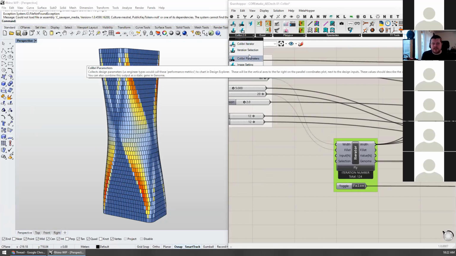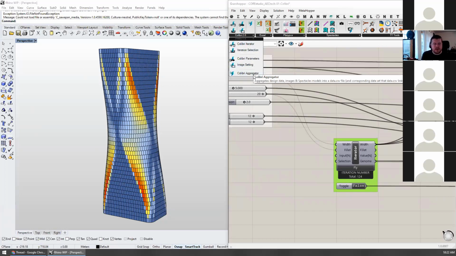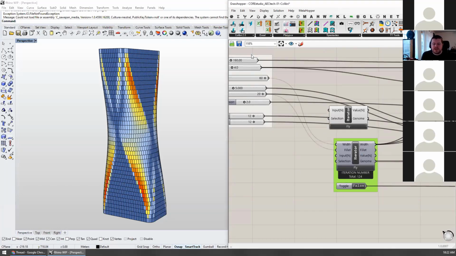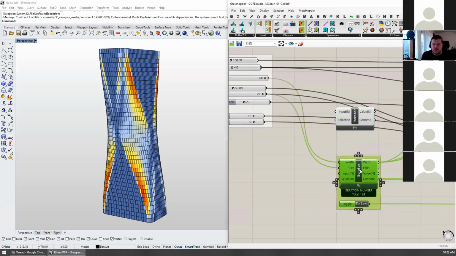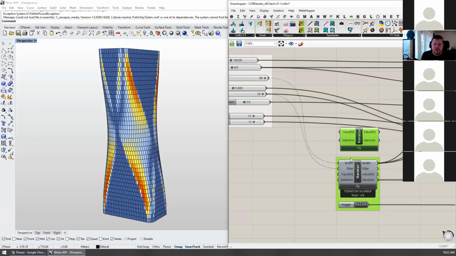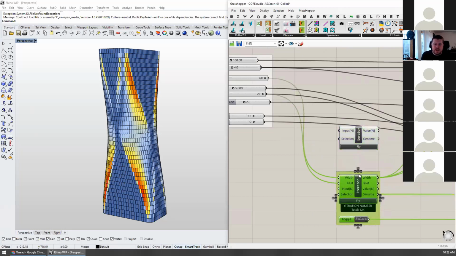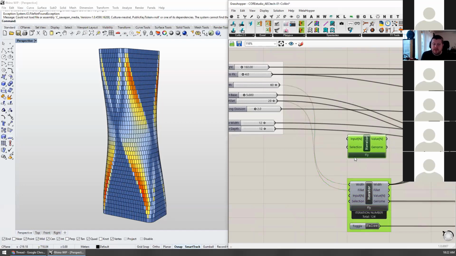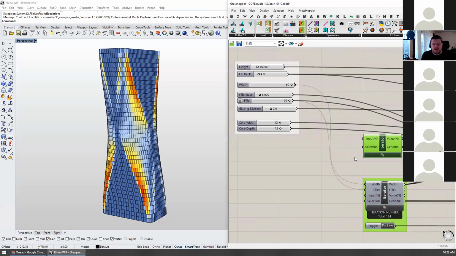You're going to notice that Colibri has several components that work together to both set up and produce results for the simulation. But the one we're going to begin with is the iterator, which allows us to set up our inputs and outputs. We can see an example of this already wired up down here, where we have our width and we have the fillet value. The reason we're doing that is mostly for time. But if I begin to go in and look at these values, I'm going to plug in maybe my width, and the minute I do that,